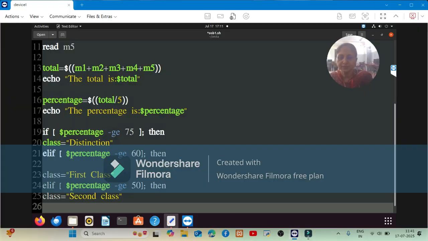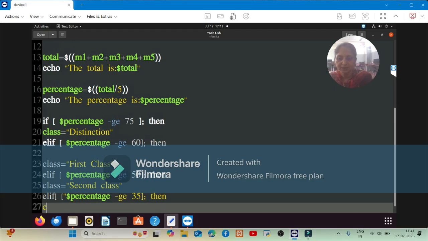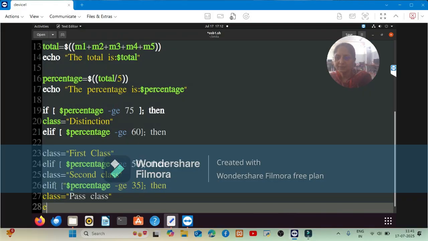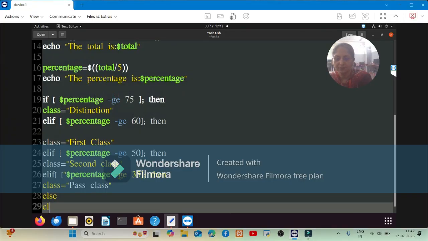Is greater than or equal to 35, you can have 40, it totally depends upon us. Then I will say class is equal to pass class. Else what are we going to do? We are going to say fail. So else class is equal to fail.